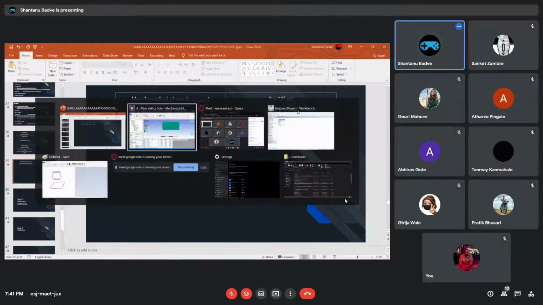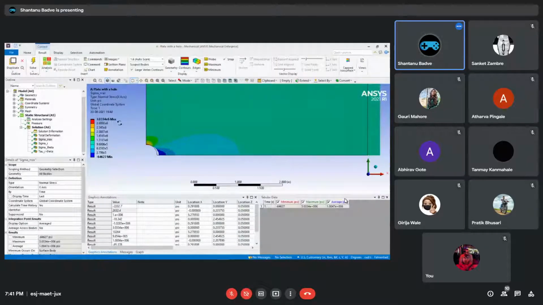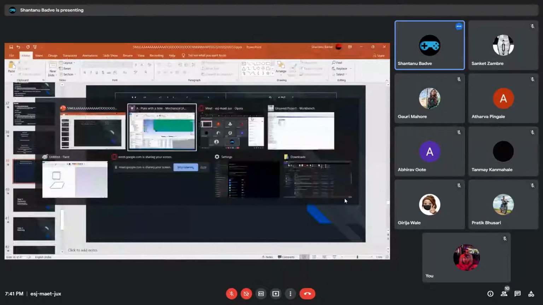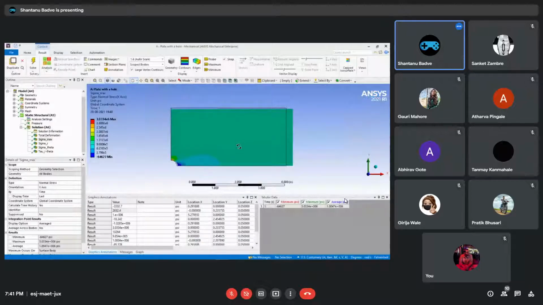Okay, so if we look just over here on the bar, we can find that the maximum stress is in fact 3.0334 E6. All right, this over here, 3.0334 E6, which means that the experimental stress that we hoped to see is in fact present, and our simulation has successfully been completed now.